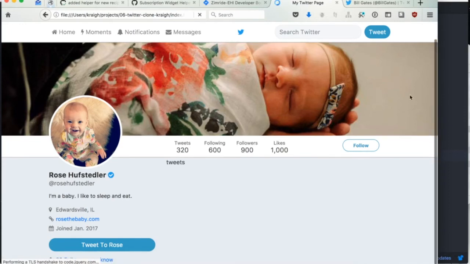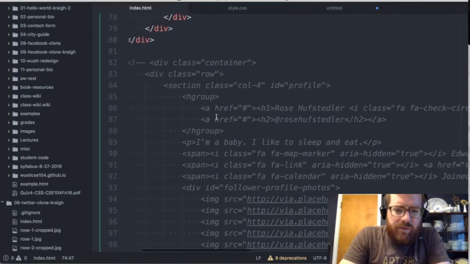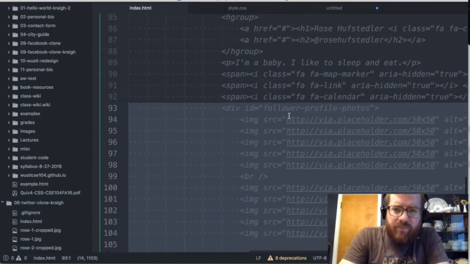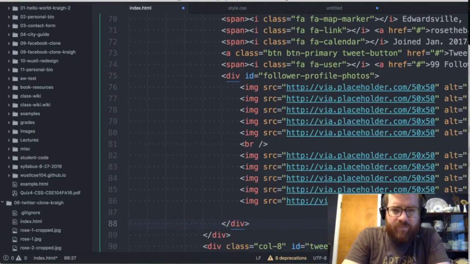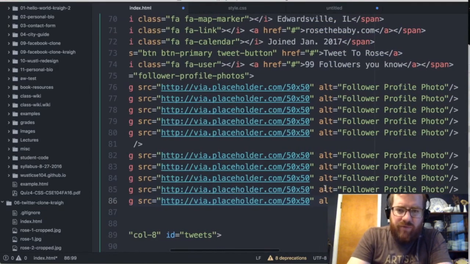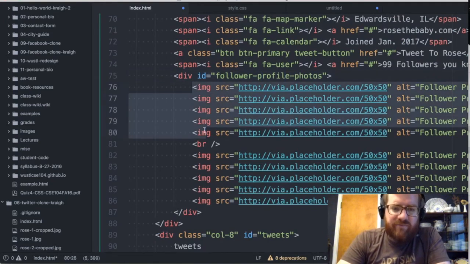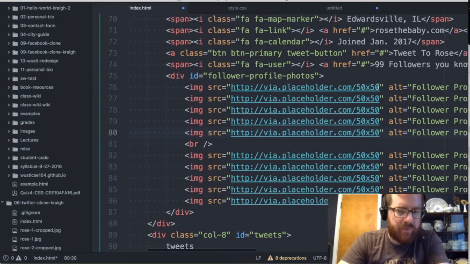There we go. Cool. Now we need the actual images. So we use placehold it. I'm going to go ahead and just copy this whole div here from my cheat sheet and put it right after that span. Cool. So what I've done, just to go over this with you: first I created a div with ID of follower profile photos, so I can target that div. And then I've got 5 images. The source is via.placeholder.com/50 by 50. So that's just the placeholder image,